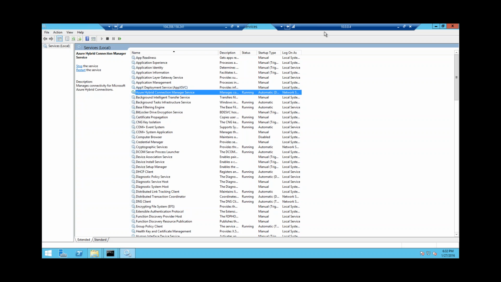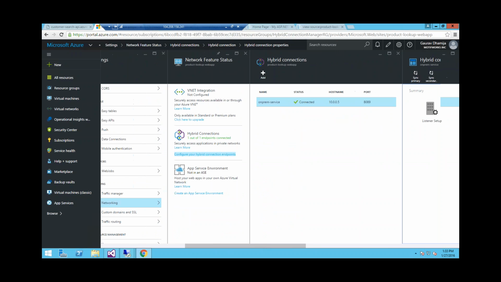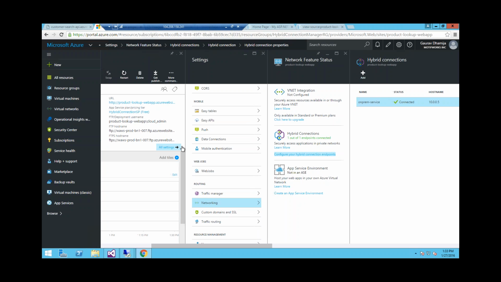So this is a quick demo on how you can leverage Azure Hybrid Connection in order to connect your services and applications externally from an external partner point of view, B2B point of view, B2C point of view, or you can connect those applications to your internal on-premise data sources and services through Azure Hybrid Connection. So what we saw is basically we exposed these internal services and database in an app service hosted in cloud.